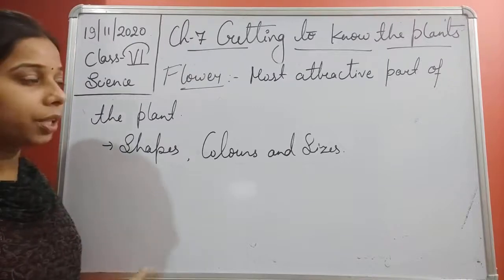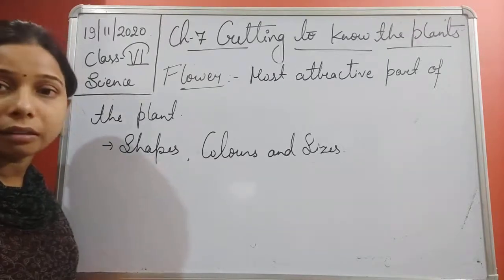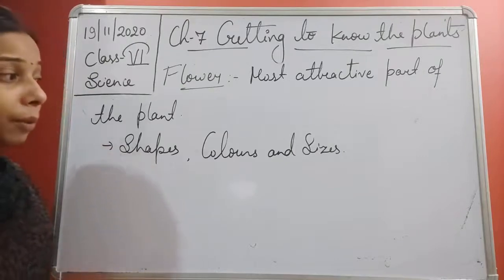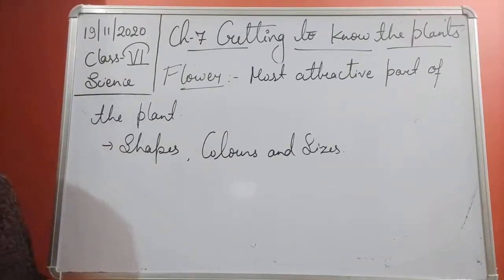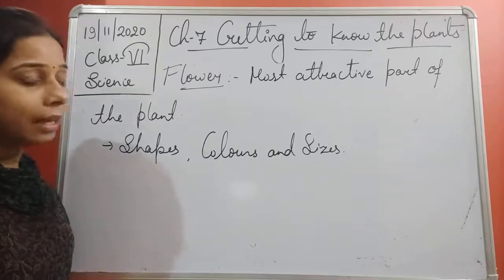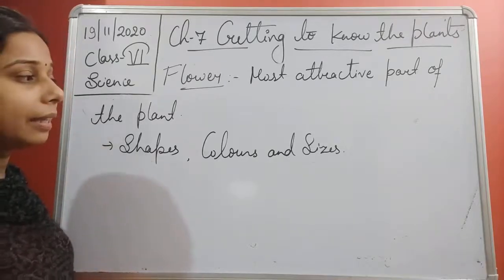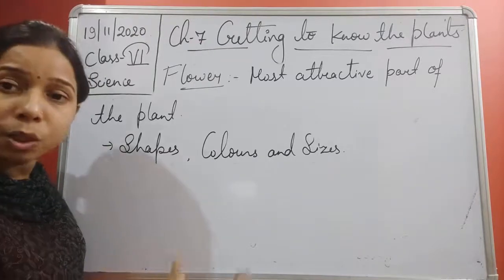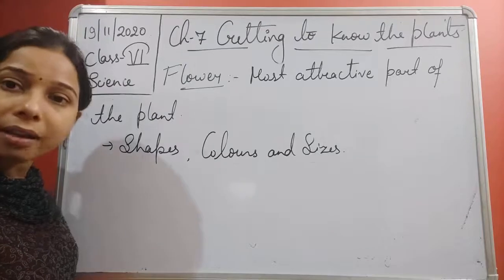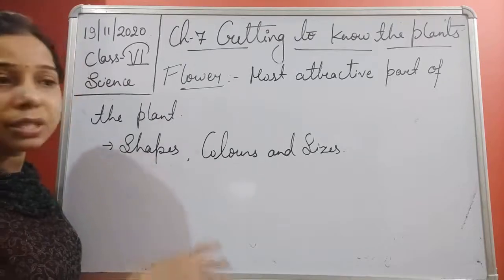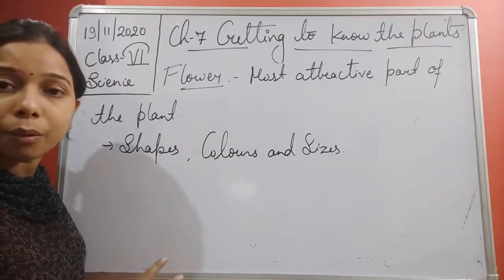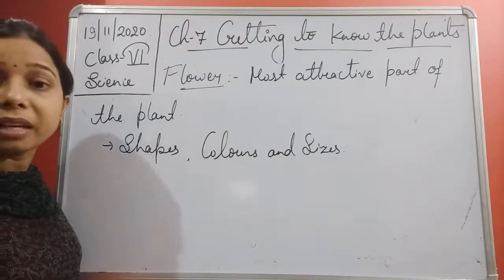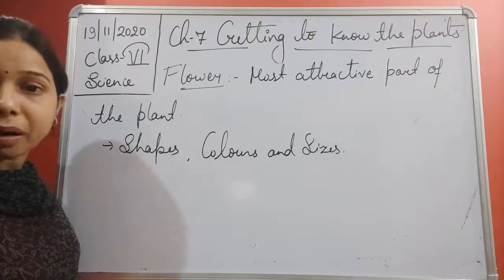Colors, absolutely, you can see different kinds of colors of flowers are present everywhere. It can be white, it can be purple, it can be red, or even it can be maroon, or blue will be there, students, or black. So all the different kinds of colors of flowers are available. It is only because of the color that we can say that they are the attractive part.